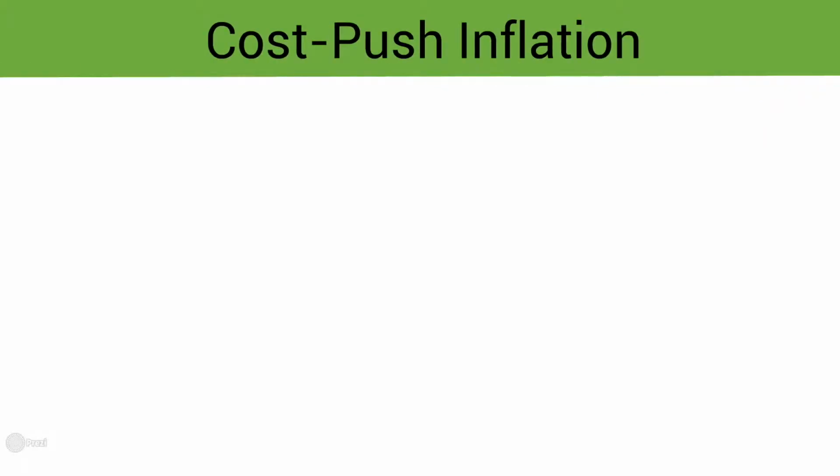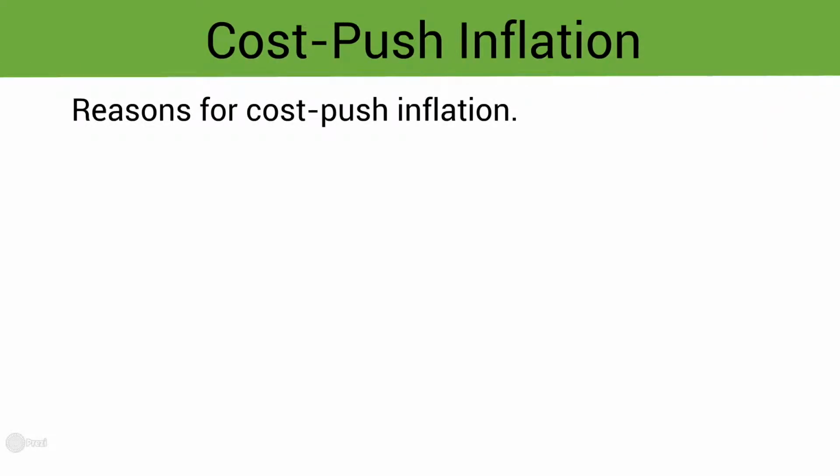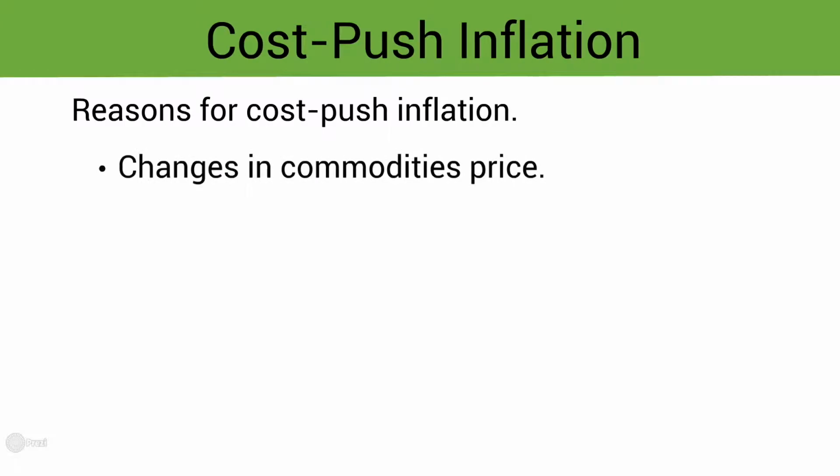There are many reasons for cost push inflation. One reason is a change in commodity prices. Commodities are traded globally, and changes in world commodity prices will affect domestic inflation. During 2014 and 2015, commodity prices fell dramatically, especially oil. This led to inflation in the UK being close to zero, which is well below the 2% target for the